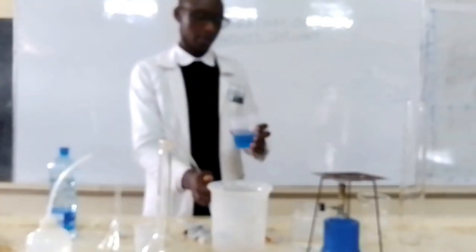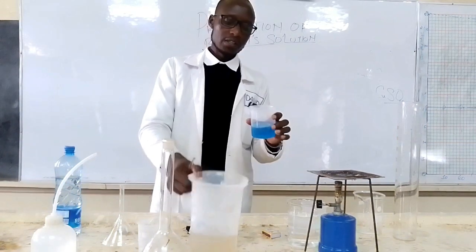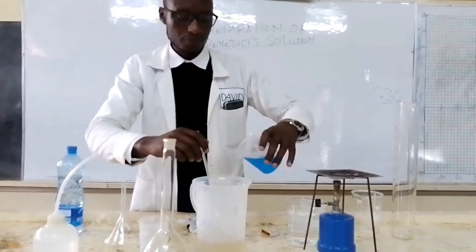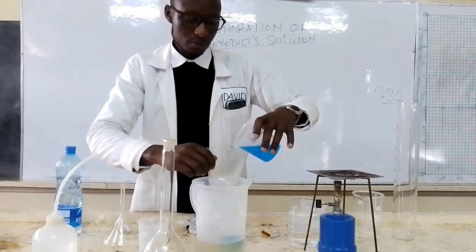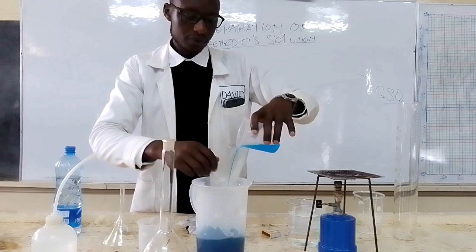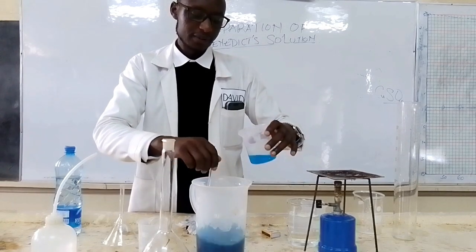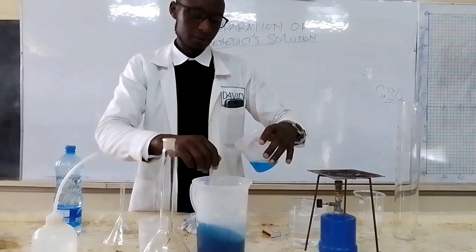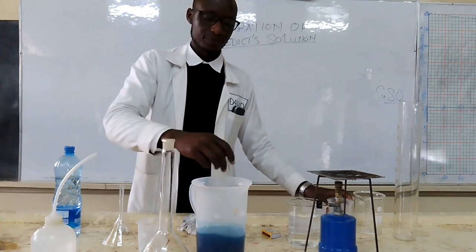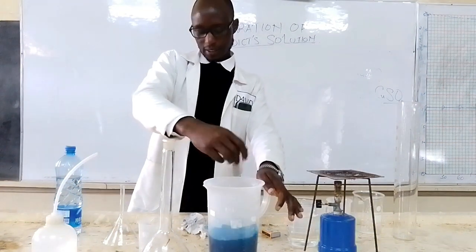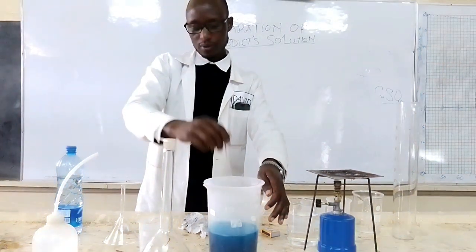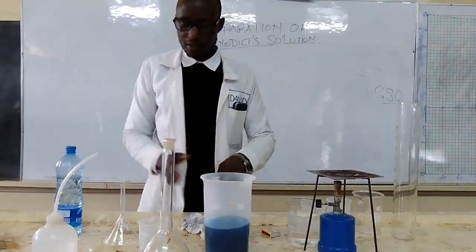So what you do next is actually to deliver the copper sulfate into this solution slowly as you stir. So this is what you do. As you stir the two, ensure that you are stirring as you add the two. So that is it. So this is my Benedict's solution that is almost ready. Keep on stirring the two. And then after that,